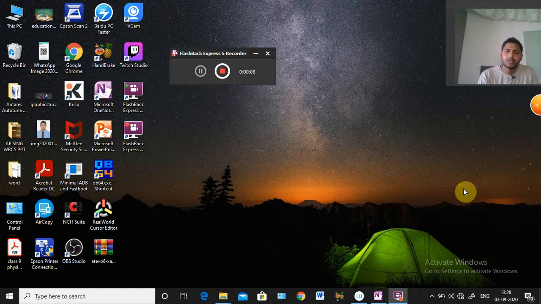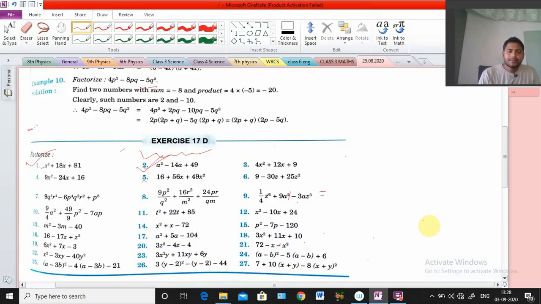So now I want to discuss the remaining problems of factorization. You should get that, everyone. I think questions 1 and 2 of exercise 17D are already finished, so today we'll discuss from question 3 onwards. Clear? Okay, so see, the first question is telling here